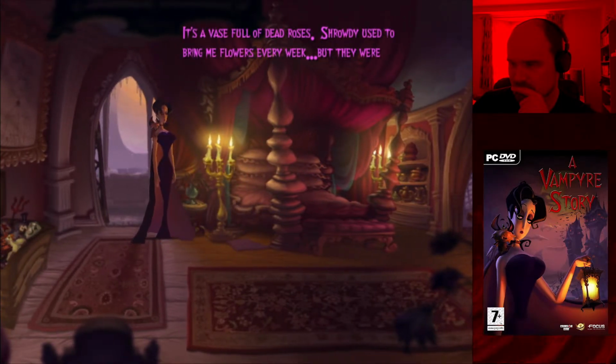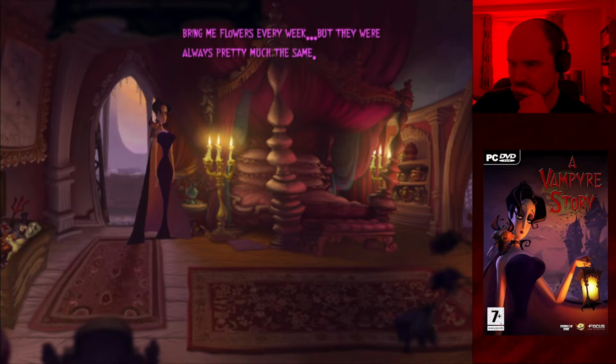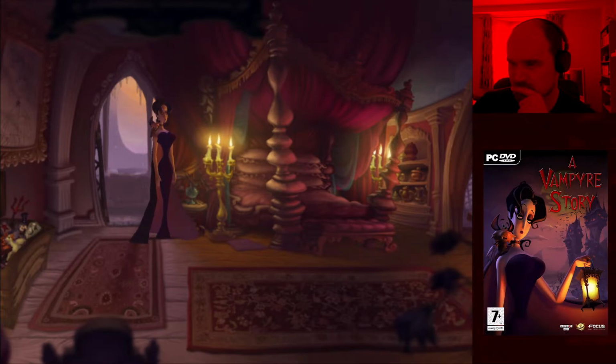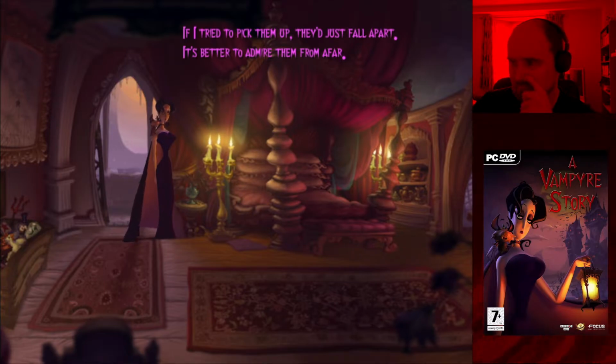It's a vase full of dead roses. Stroudy used to bring me flowers every week, but they were always pretty much the same. Roses? Dead. If I tried to pick them up, they just fall apart. It's better to admire them from afar.